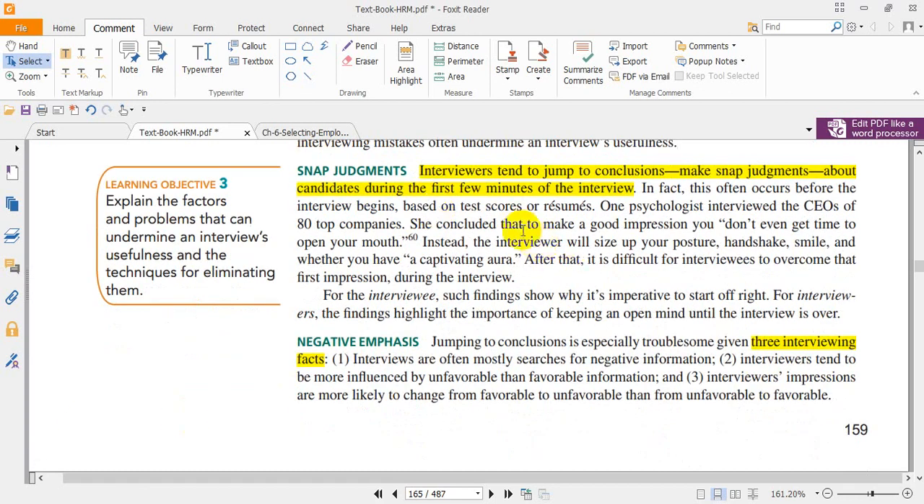Snap judgments. Interviewers tend to jump to conclusions, make snap judgments about candidates during the first few minutes of the interview. In fact, this often occurs before the interview begins, based on test scores or resumes. Snap judgments means